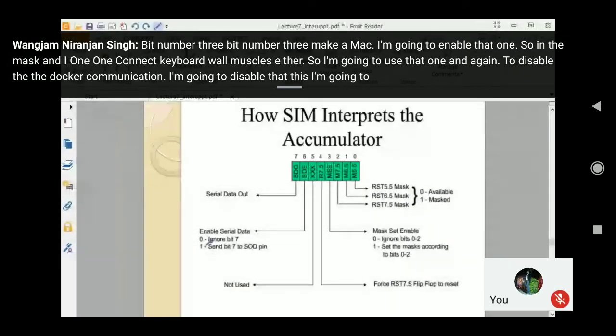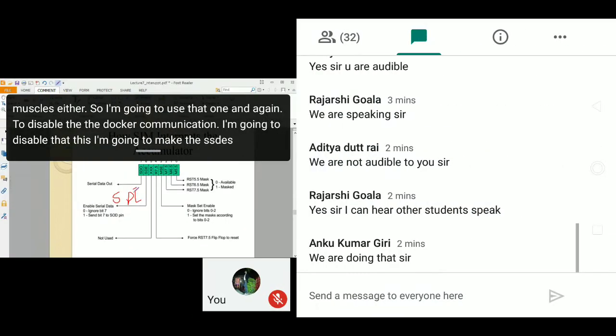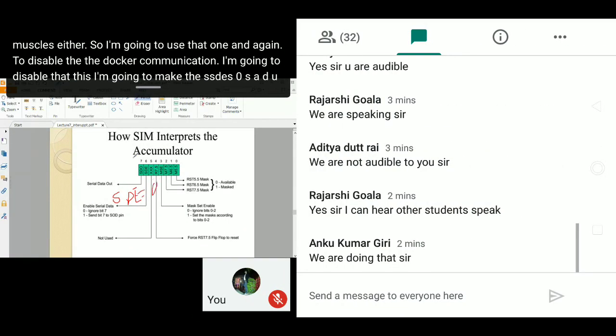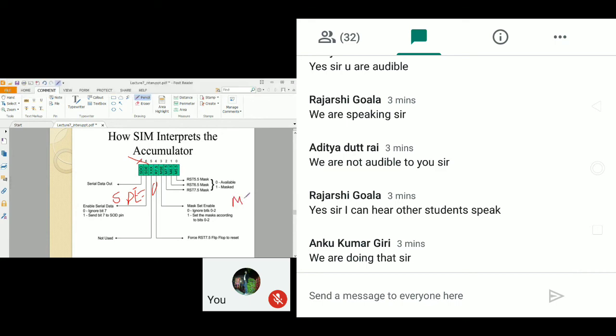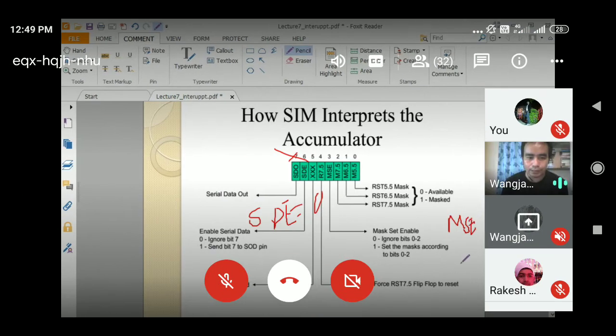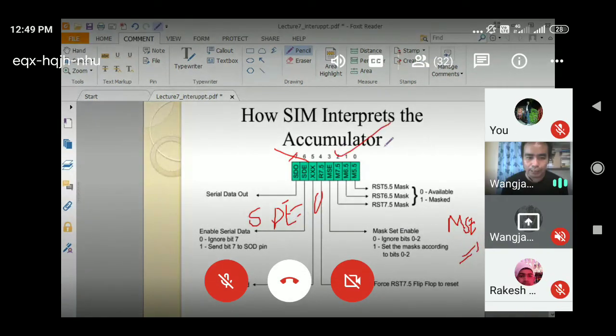I'm going to make the SDE 0. SDE 0, ignore it, I don't need this portion. So SDE has to be made 0 and MSE has to be made 1. After MSE is 1 and SDE is 0, that means I am going to mask this one.